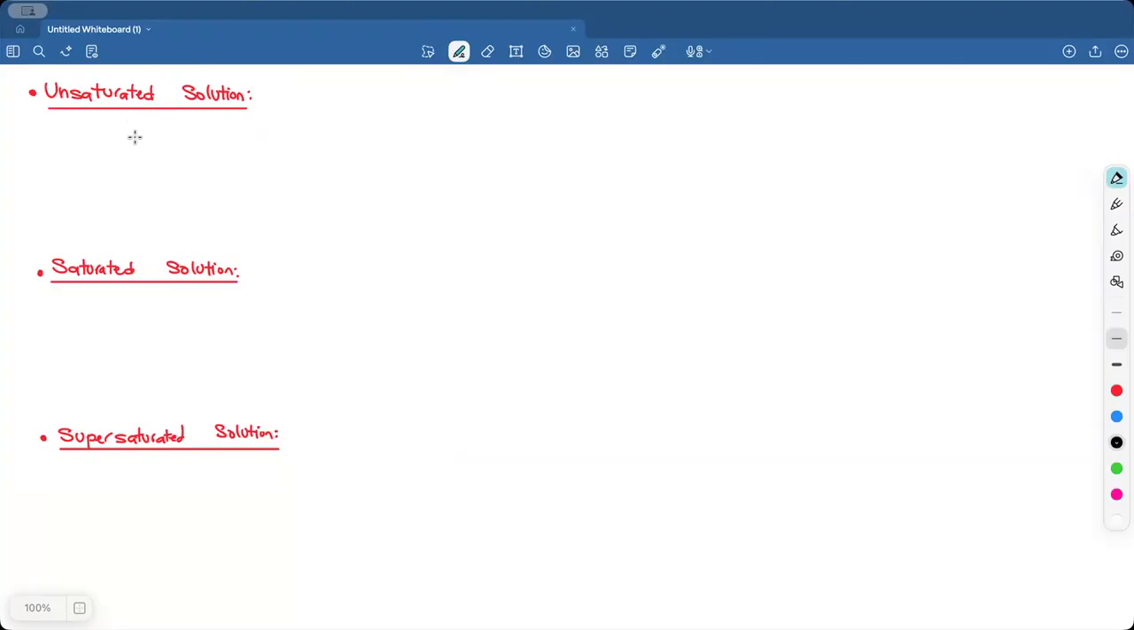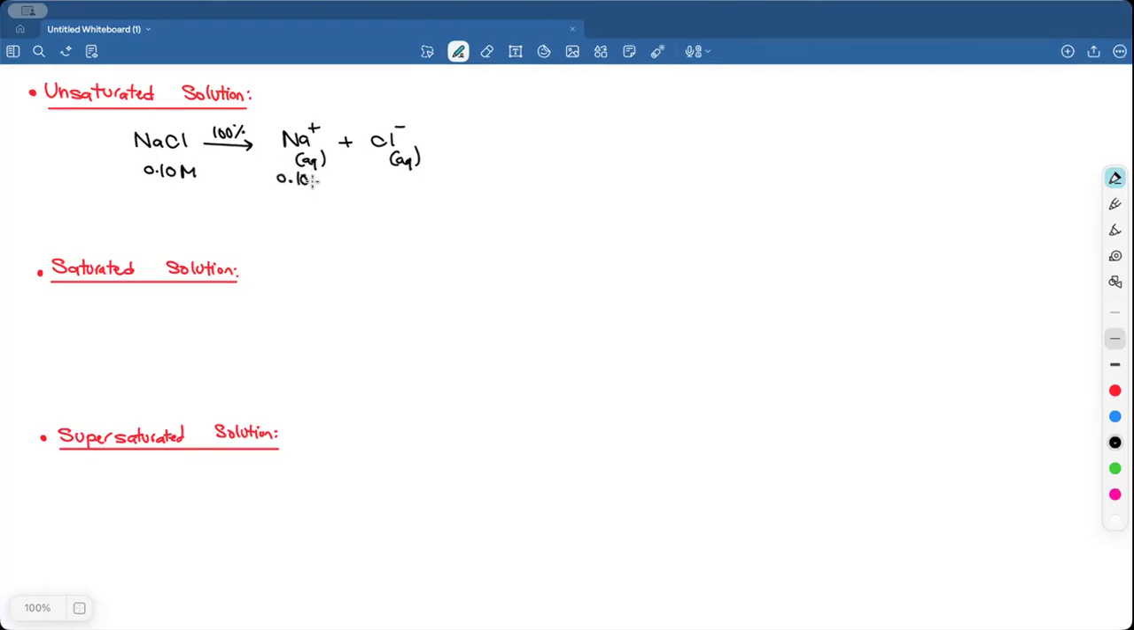Let's say we have an unsaturated solution of NaCl. Once you dissolve it in water, it 100% ionizes into its own ions, which is Na plus and Cl minus. Again, keep in mind that ions are always in the aqueous form, meaning they're dissolved in water. So the ions are dissociated, they're separated, and if you know the concentration of NaCl, then you can find the concentration of its ions right away based on their stoichiometry, based on their balanced equation,